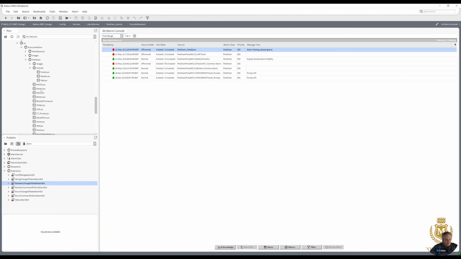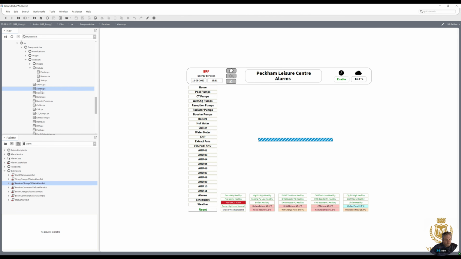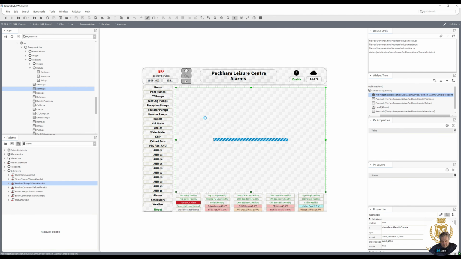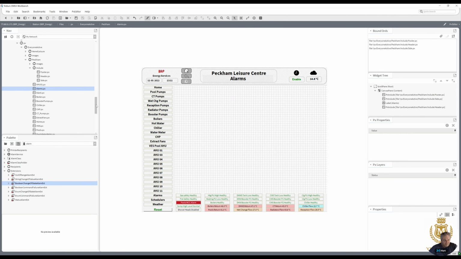Peckham alarms. Take that out. Come on. Delete. Go to